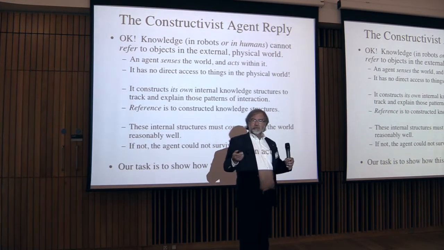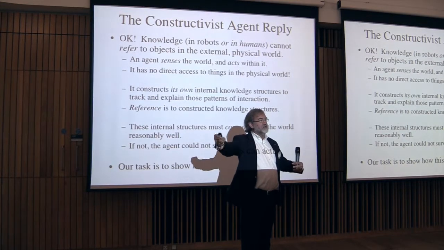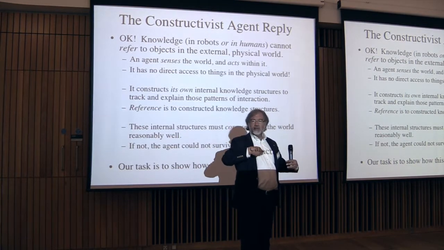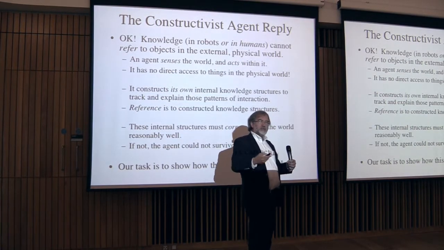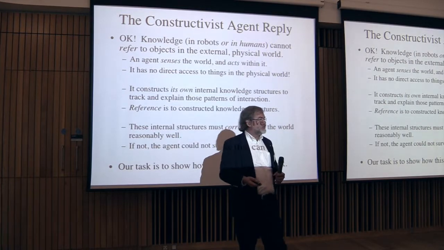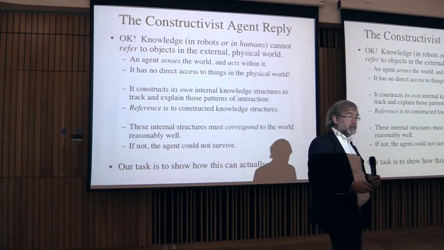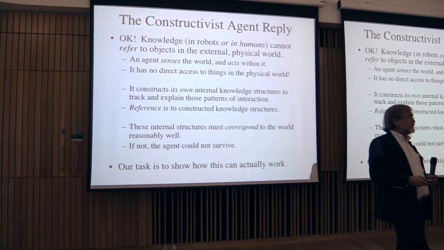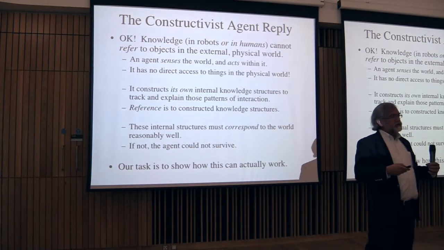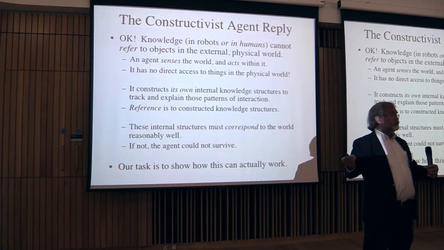Now, so in effect, we're creating hallucinations inside our head that track the sensory signals that come in, and then we refer to those. But if we can just construct essentially arbitrary hallucinations, they could be arbitrarily far out of correspondence with the world. So that doesn't seem to make much sense. On the other hand, if my model of the world is arbitrarily far out of correspondence with the world, I'm going to get run over by a bus,